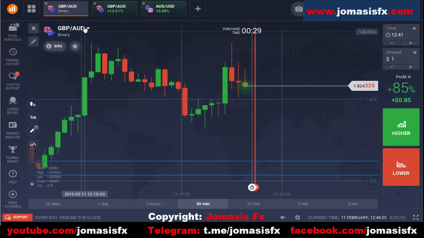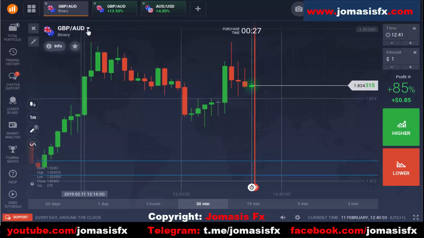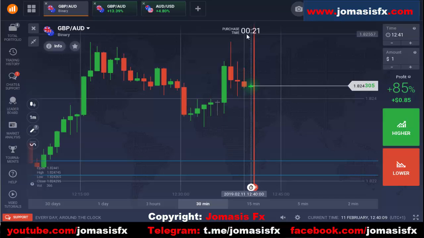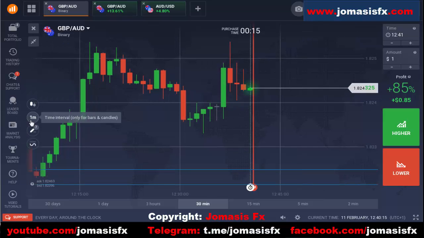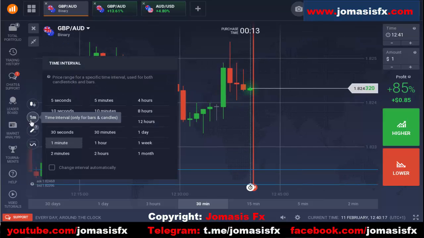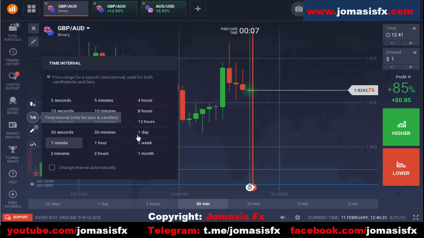Okay. The first thing I want to talk about with binary options is that binary options have an expiration time, as I have said. If you are trading binary options, you have to set your expiration time. Though this is a chart, I want you to understand that your chart time interval is different from the time frame. Time interval means